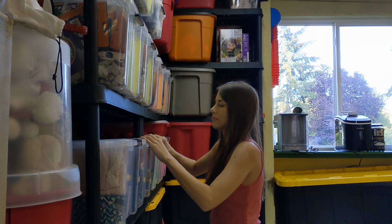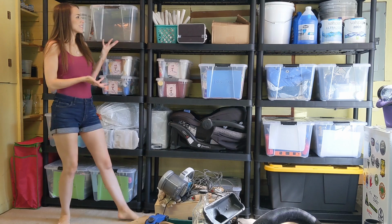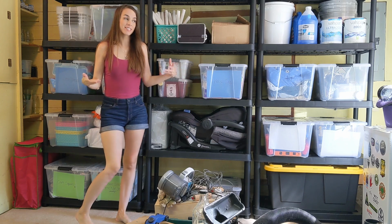I knew exactly where it went. So easy. It's working great. I'm really excited. So as you can see, this side isn't necessarily as aesthetically pleasing as the other side. There's a lot more random stuff on here, but we're making it work for us, and I think that's